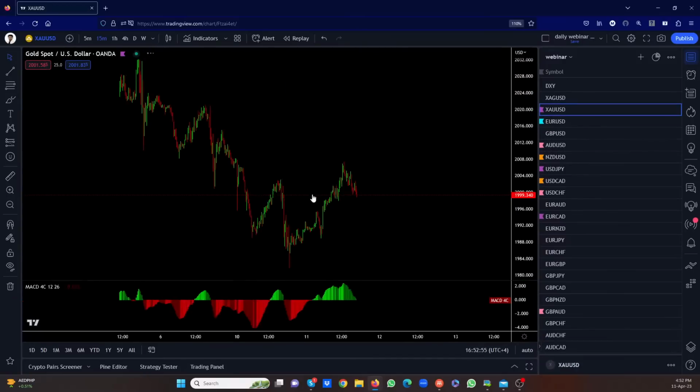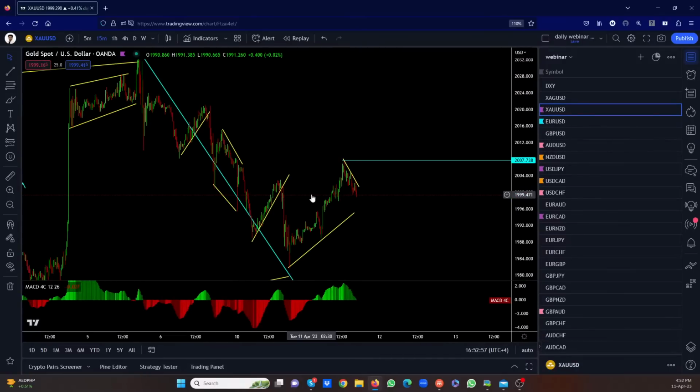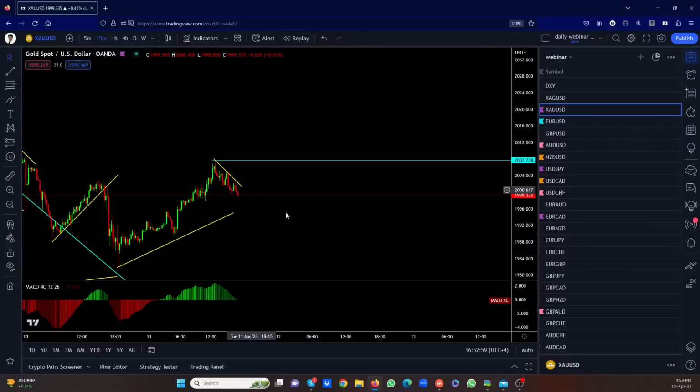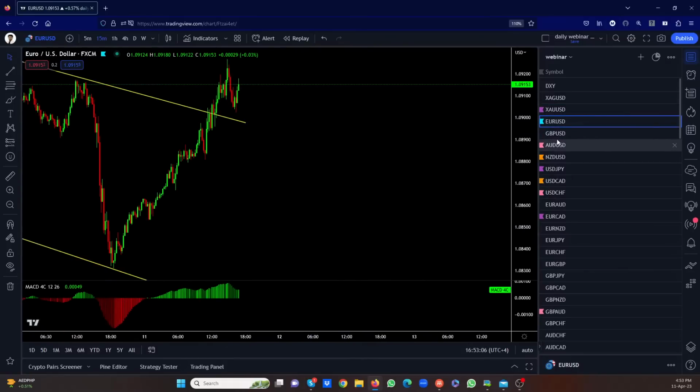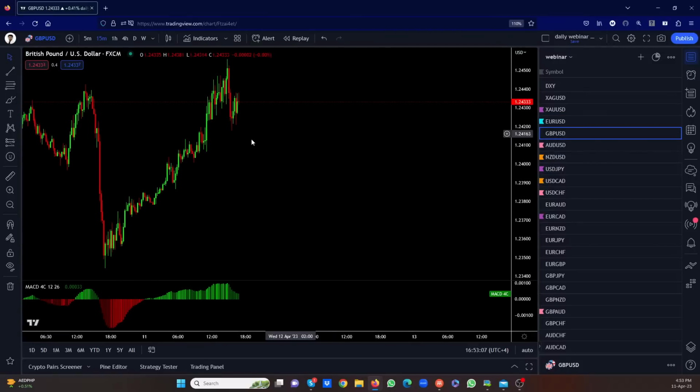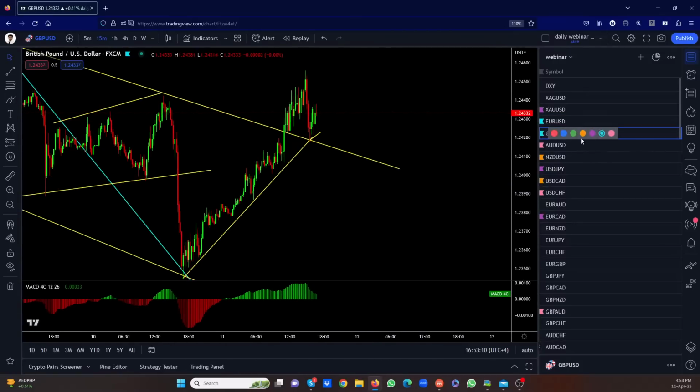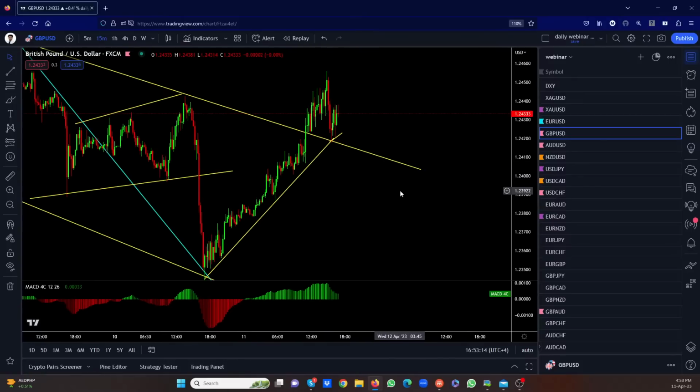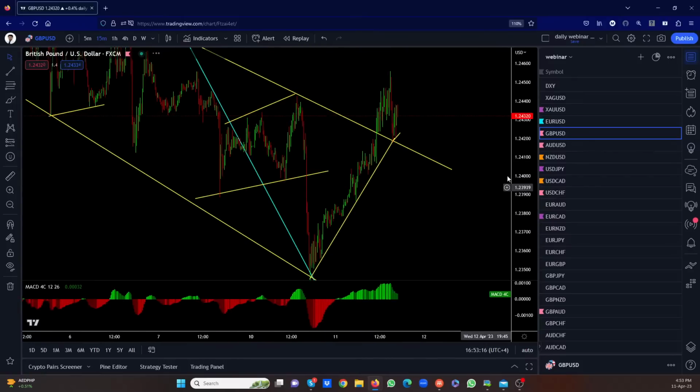What is silver doing? Nothing. We'll bring the entry order lower afterwards. Euro, nothing yet. Pound, it's consolidating, so I'll put wait for a flag for a sell. We're waiting for this to become a flag, and then we'll be selling it. Now if that becomes a flag, we're expecting this to drop lower.